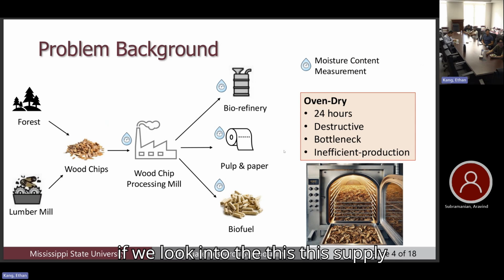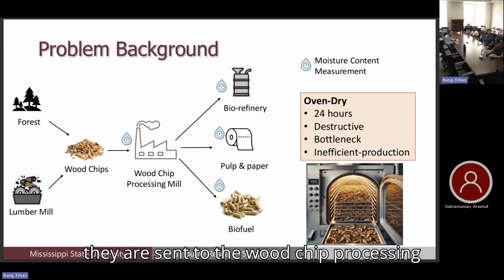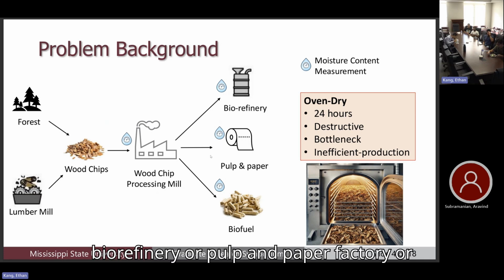If we look at this supply chain graphic, we will see that most of the wood chips come from the forest and the lumber mills, and they are sent to the wood chip processing mill. You might see that this kind of sign is shown in different parts of the figure, and these are the points where wood chip moisture content is required to be determined. The wood chip processing mills send their processed wood chips to different factories, let's say a biorefinery, a pulp and paper factory, or biofuel factories. So as you can see, in different stages of the supply chain, moisture content measurement is